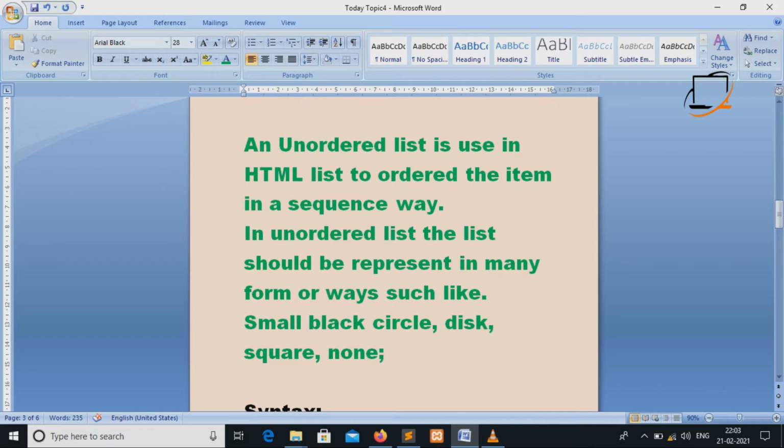In an unordered list, the items can be represented in many forms, such as small black circles, disks, squares, and none.